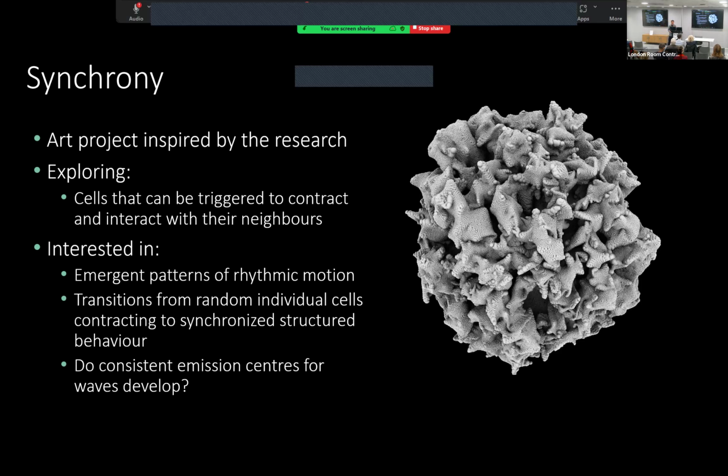So I guess we're trying to make something which is hopefully useful for public engagement. It's funded under the public engagement funding of their research. So hopefully they can take it to science fairs and things like that, and it's a fun thing for kids to play with. But we actually seem to have some really quite nice, deep philosophical discussions about it, and then asking questions about their next research on these emission centres and things like that.